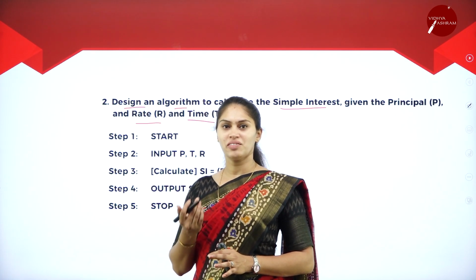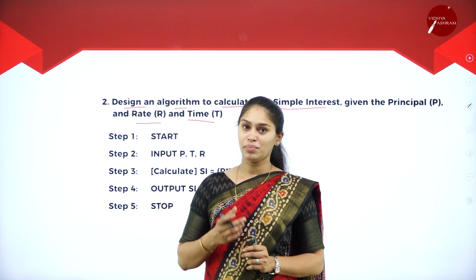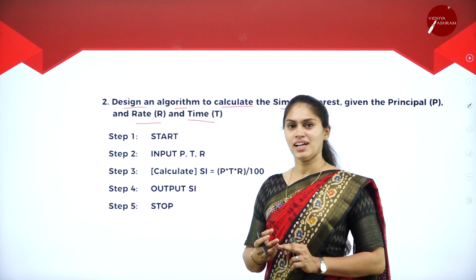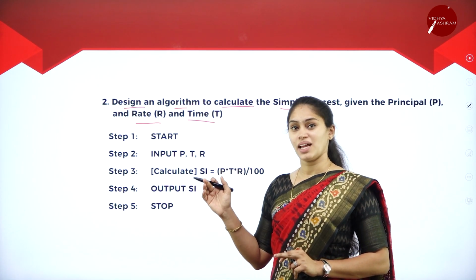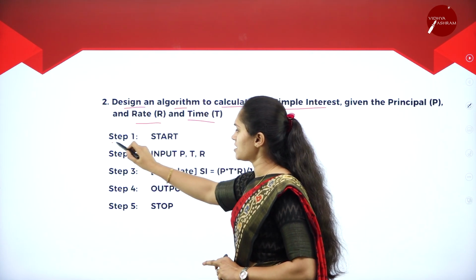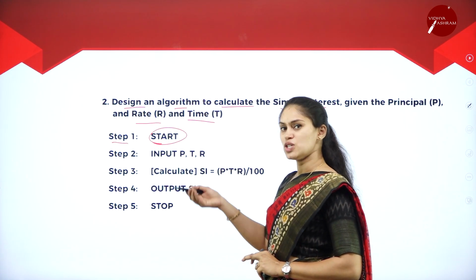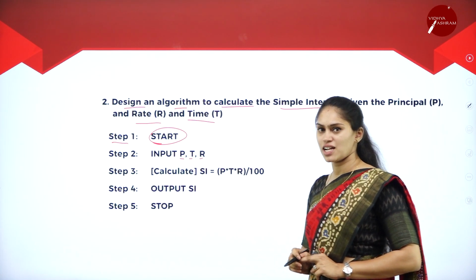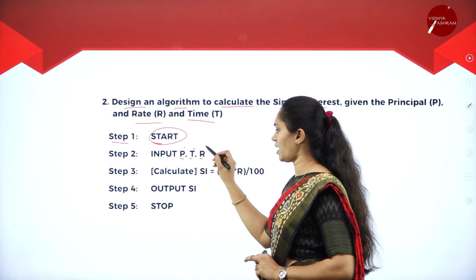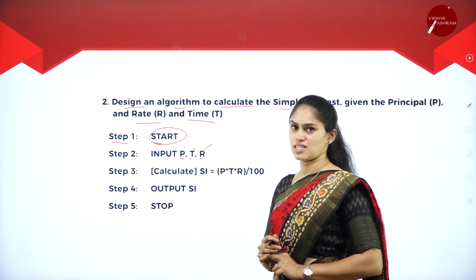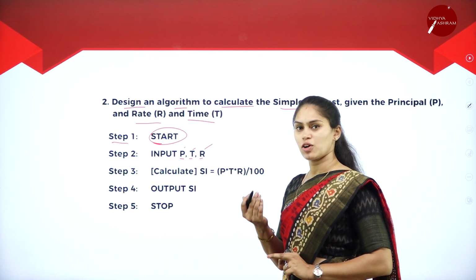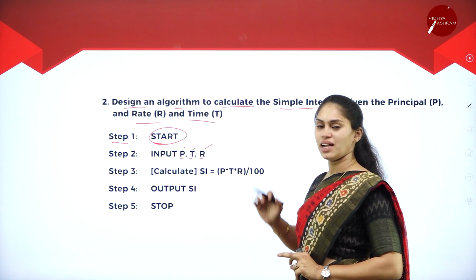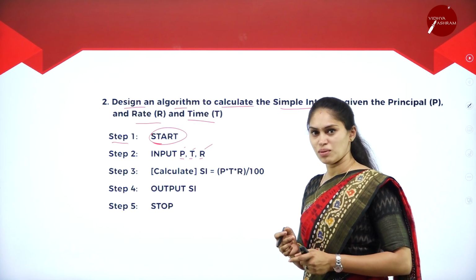Then what will be the output? What we are going to get as an output? That is simple interest. So we are supposed to give the principal value, that is principal amount has to be specified, then rate of interest along with the time taken. Okay, so now we'll see the stages. Step 1, it has to start. So when it comes to the step 2, it will take the input P, T and R. So P stands for principal amount, T stands for time and R stands for rate of interest. Okay, so these 3 are the variables that we are going to use in order to design this algorithm to find the simple interest. Then which is the third stage, that is calculation part.